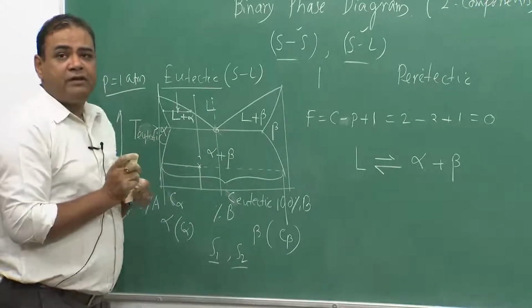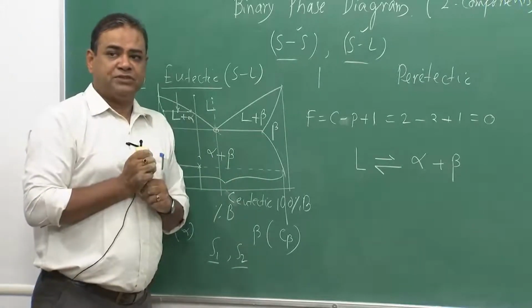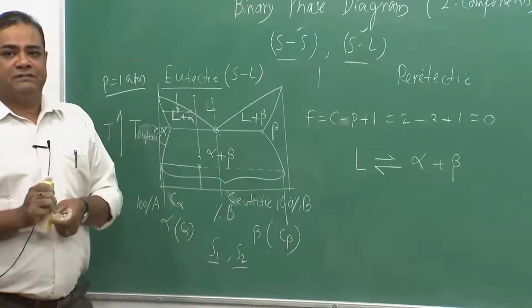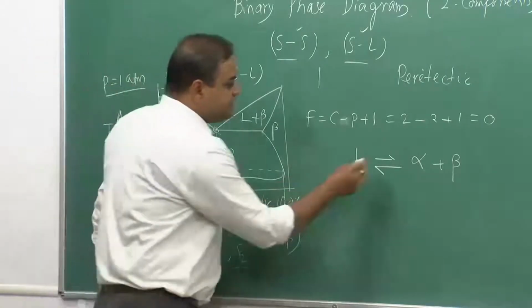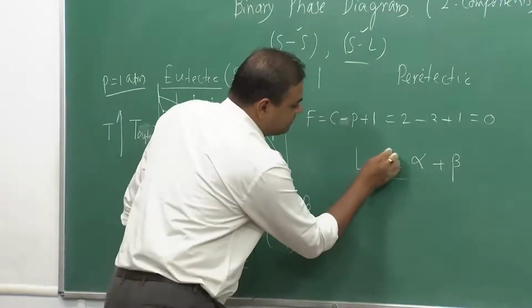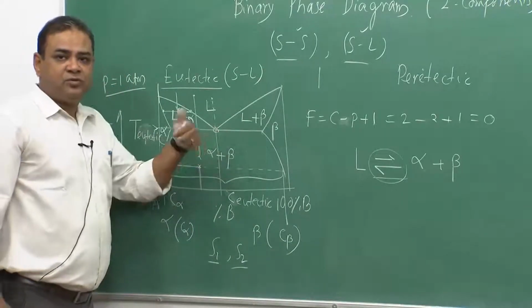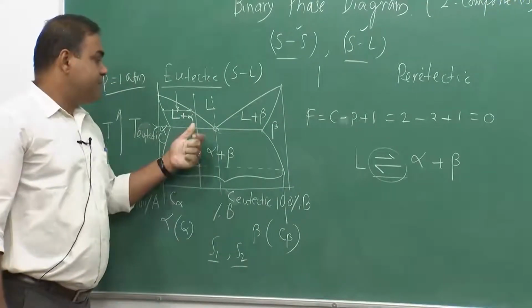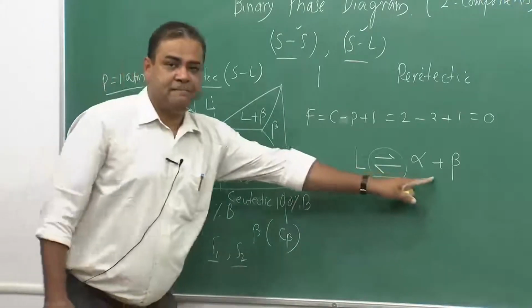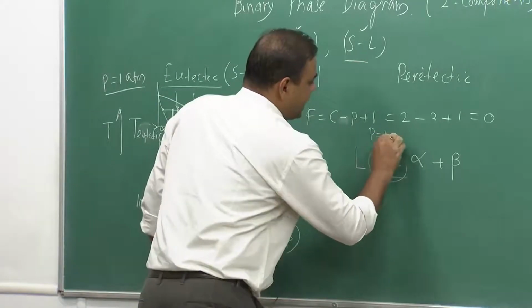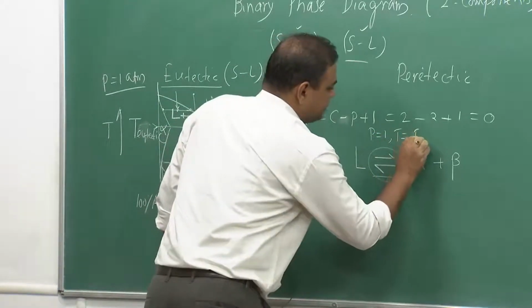So, they would have different structures as well as different composition. It can be possible that they would have the same structure, but of course, they would have different composition. So, this equilibrium, that means I have put a reversible sign, because if I remain at this point, there could be a dynamic equilibrium between liquid and both the solids. This is eutectic and this happens at pressure equal to 1 and temperature equal to T eutectic